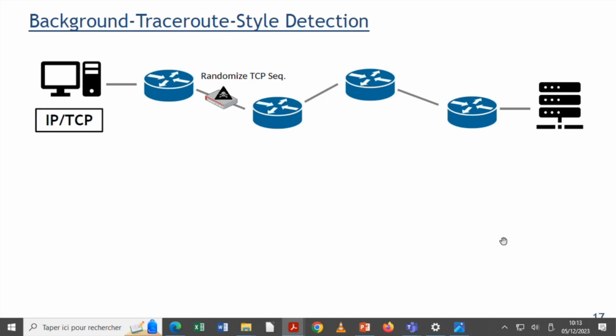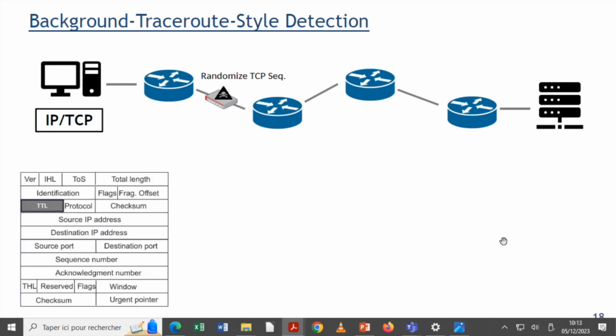So in order to detect interferences to these packets, Yarrpbox will craft such packets. They'll have an IP header and a TCP header, and this is what it will look like. But before the packet is sent out, it will have a TTL assigned to it. As you probably know, TTL is just a field within the IP header, which ensures that the packet is not traversing forever in the internet. So before sending out a packet, a TTL is assigned to it, and then every hop along the path will decrement the TTL by 1.